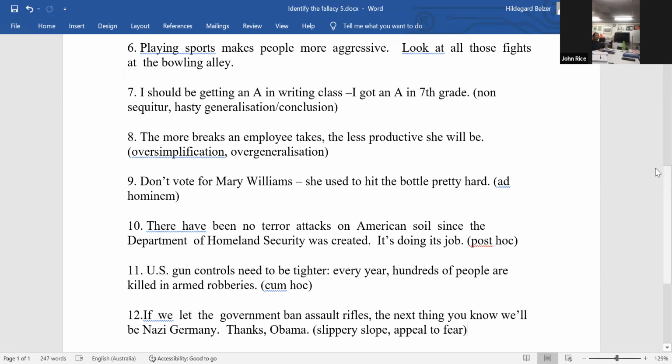Yeah, so there's the appeal to fear. There's a lot of things to be anxious about. So this is a common element in political rhetoric, and slippery slope is one of the species of the broader family of an appeal to fear. Not every appeal to fear has a slippery slope element, but some do.